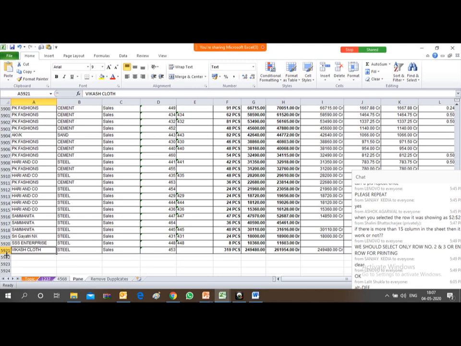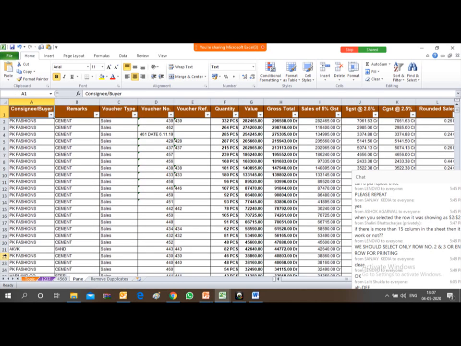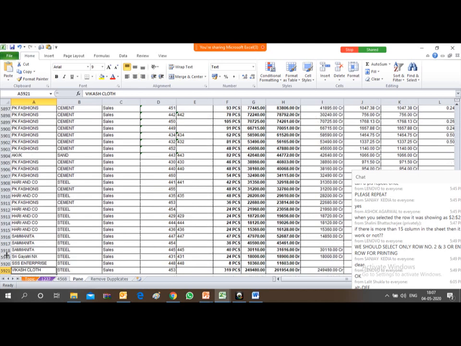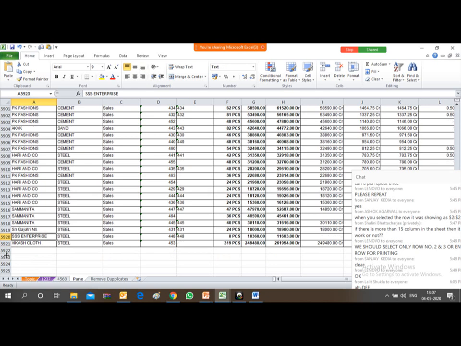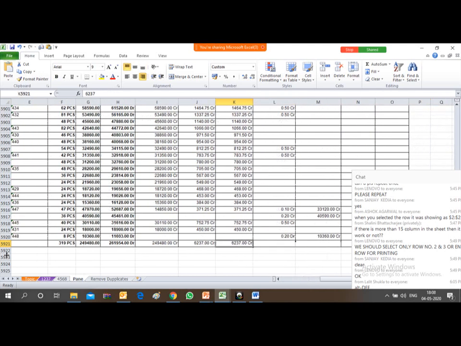Friends, I mentioned yesterday how to come to the last row: Control plus page up arrow or page down arrow, up arrow or down arrow. In this way, you can go to the first row or the last row, provided blank cells are not there in between. So there are more than 5,000 rows, but I am not able to see the header. I don't know what column this is. I don't know what column I is or what column G is. What is the header of column K? I will not be able to see.